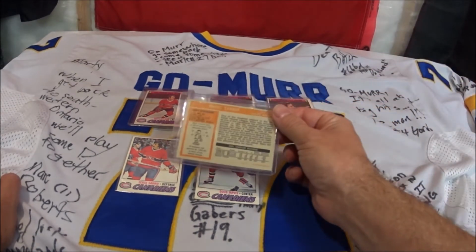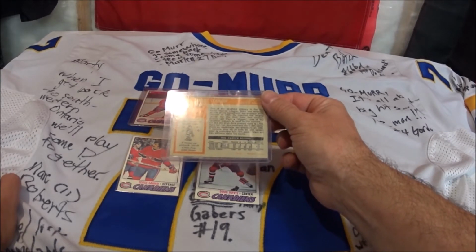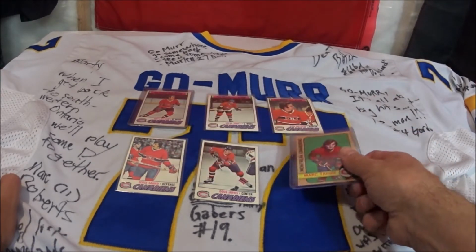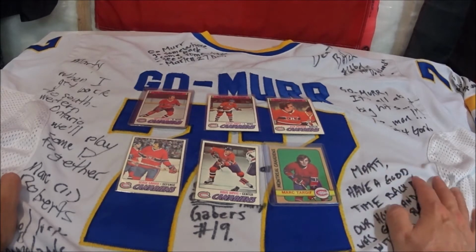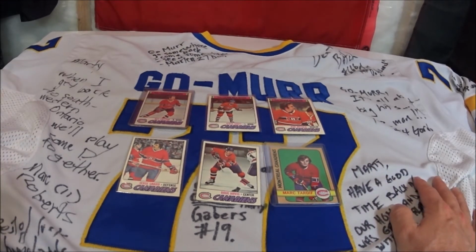Mark Tardif. So this card is from 1971-72. He had scored 31 goals that year. Now Tardif, he didn't see a future in Montreal, so he jumped to the WHA and played for the Quebec Nordiques for years. I believe he came back to the NHL when Quebec jumped to the NHL and played another couple of years, but that's...